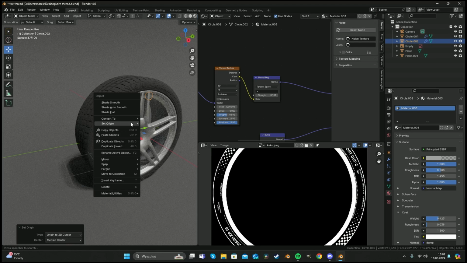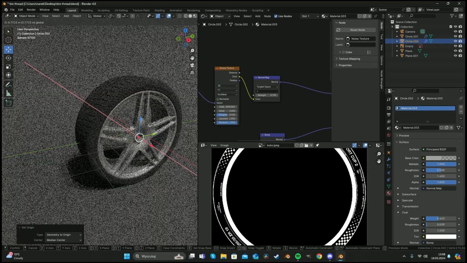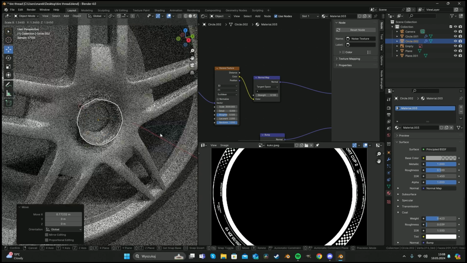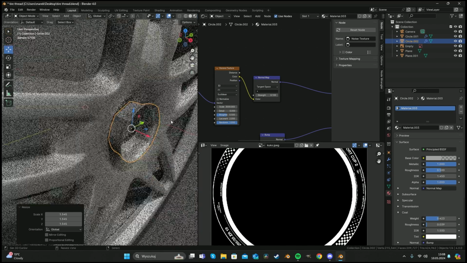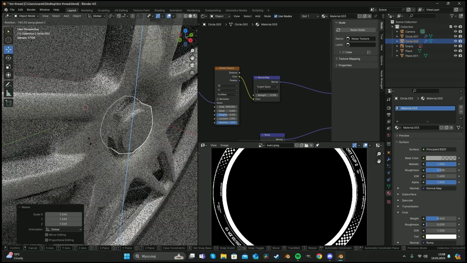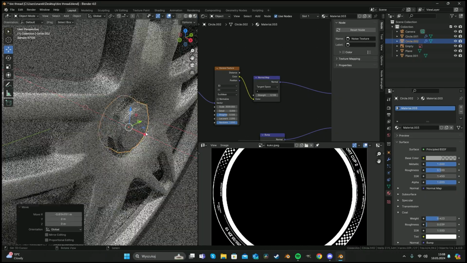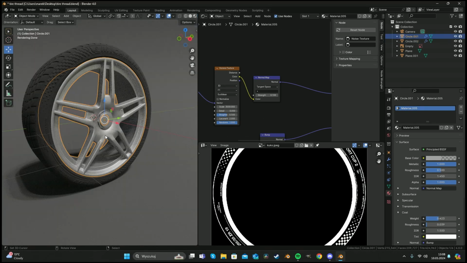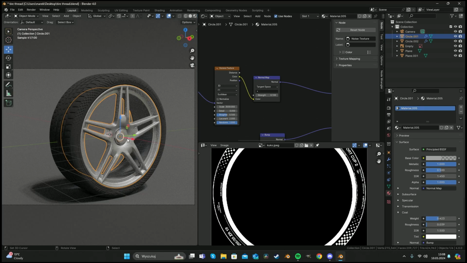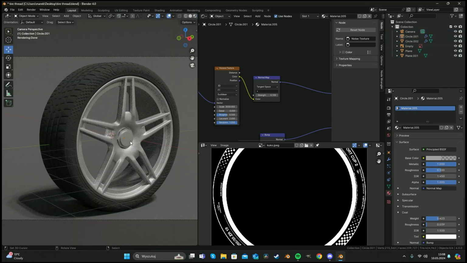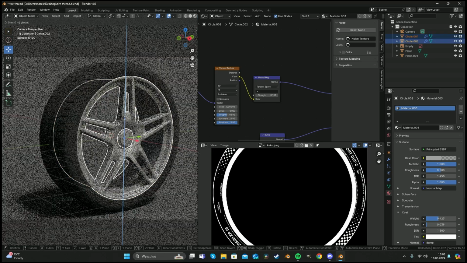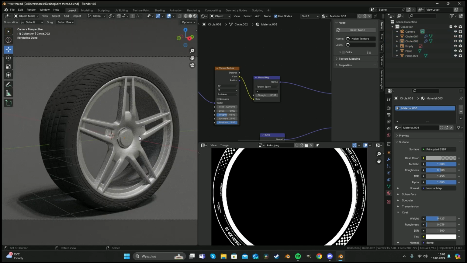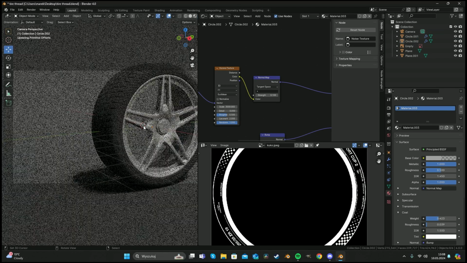Origin to 3D cursor, geometry into origin, and make it a little bigger, and also rotate. It's just a small bonus to look better on the render. So yep. Again,